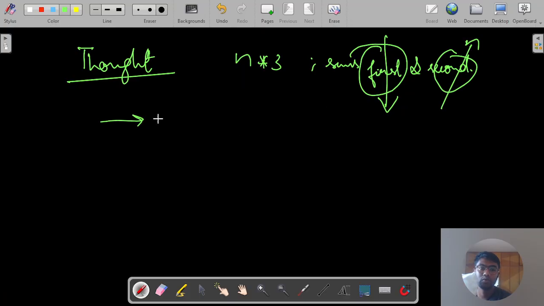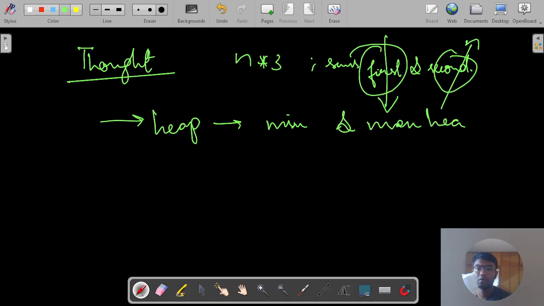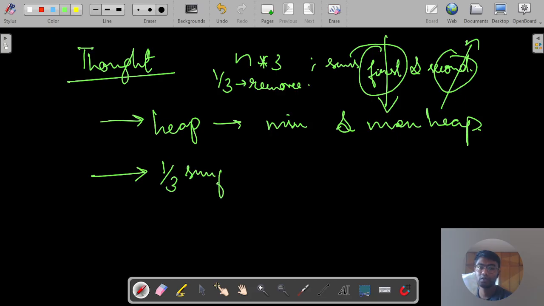We can do that with a heap, where we can use a min and max heap. The only difference will be the removal of one third of the elements, right? So we would be left with a varying set of arrays, right? And our only goal will be to take one third for sum first and second,